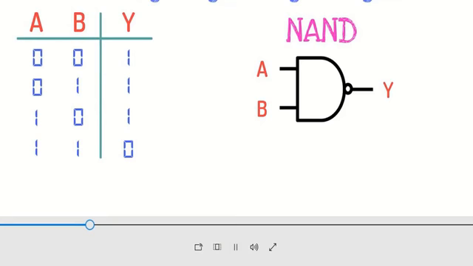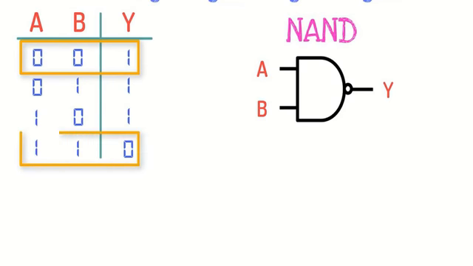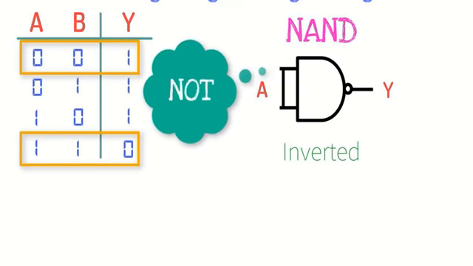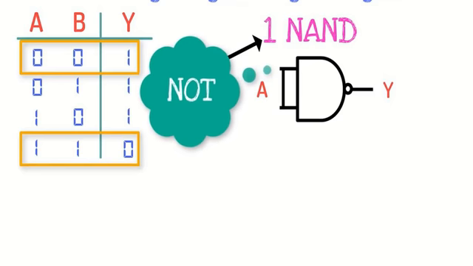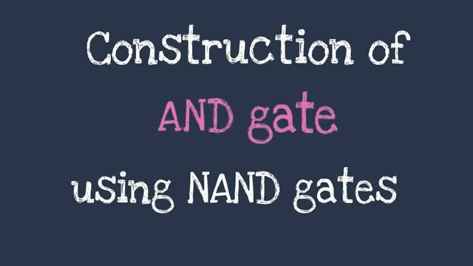Now let's look up the truth table of NAND gate. When both the inputs are low, output will be high, while when both the inputs are high, output will be low. So we have to remember that if both the inputs have the same logic level, then we can connect them together. See, this is a single input to the NAND gate and the output is inverted. Therefore, this is the property of NOT gate. Amazing, we have constructed NOT gate using a single NAND gate with a single input.